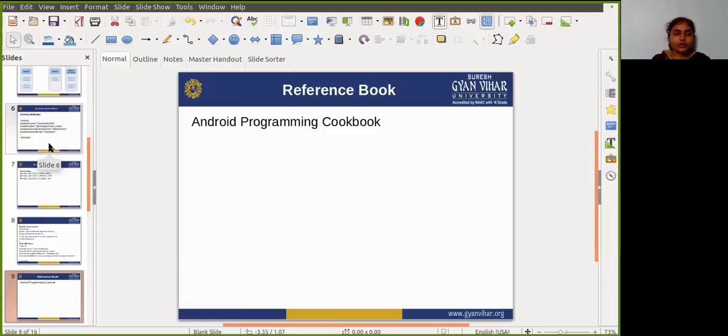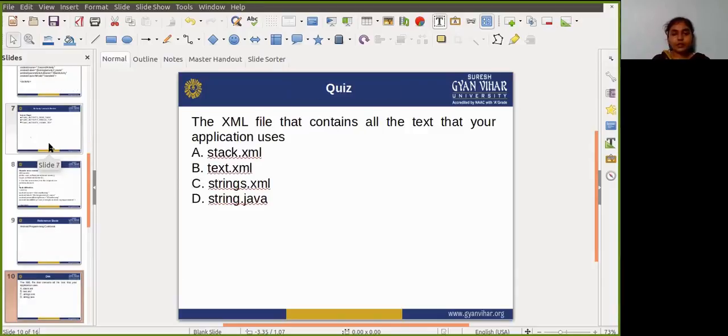Okay, guys. Here is a reference book, Android Programming Cookbook. You can learn Android step by step from it, and here are some quizzes for homework. First, learn this lecture, and after that, do this homework.